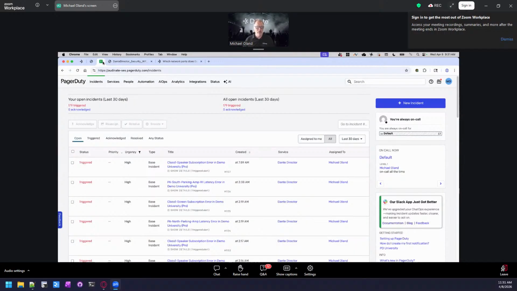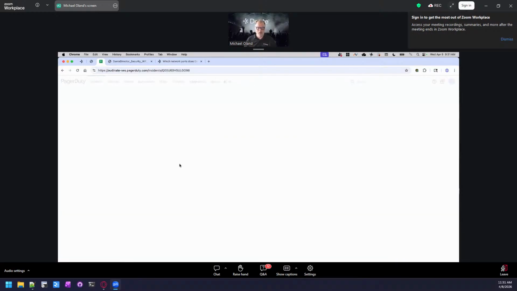So here's what it looks like. I've used PagerDuty because I've got an IT background and it's something I'm familiar with. As you can see here, this is how we're sending the notifications. I've got notifications that have come across. I can then track them within the system. I can resolve them within the system. So it integrates with the tooling you already use. So here's an example of what one would look like.